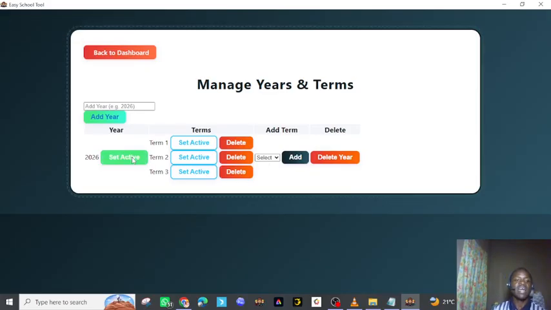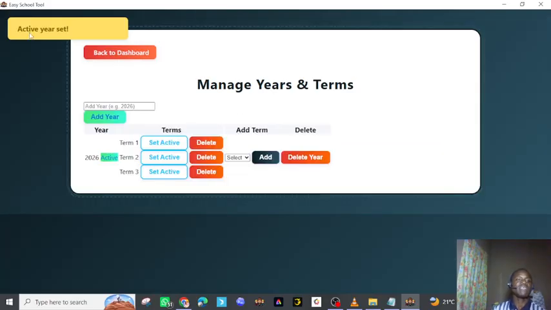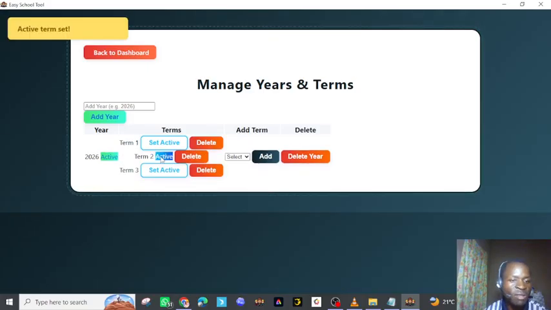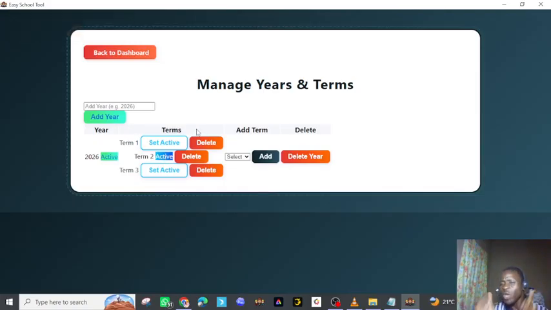So we are now going to set active. You set the year active and you get an active year set successful message. And then we activate a term for this year. You select set active. Active term set. Now don't do anything else before you set the academic term and year active, because when adding